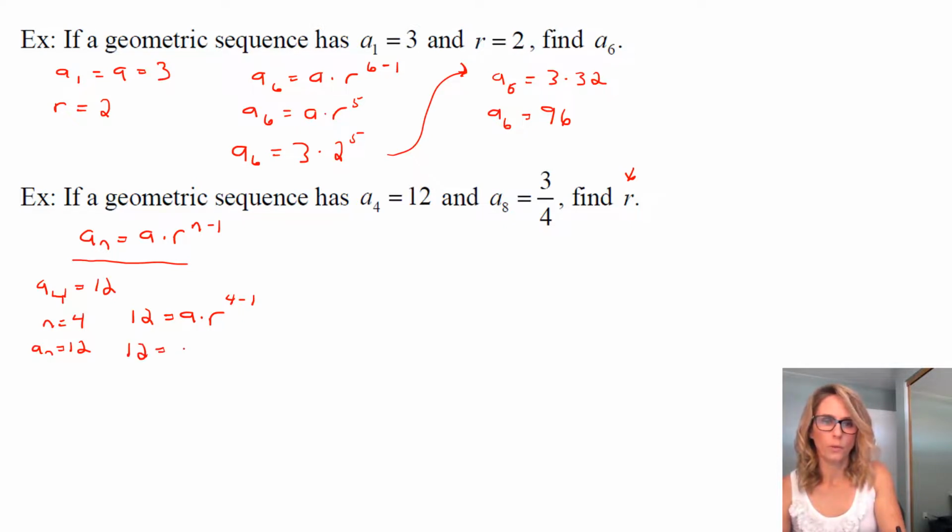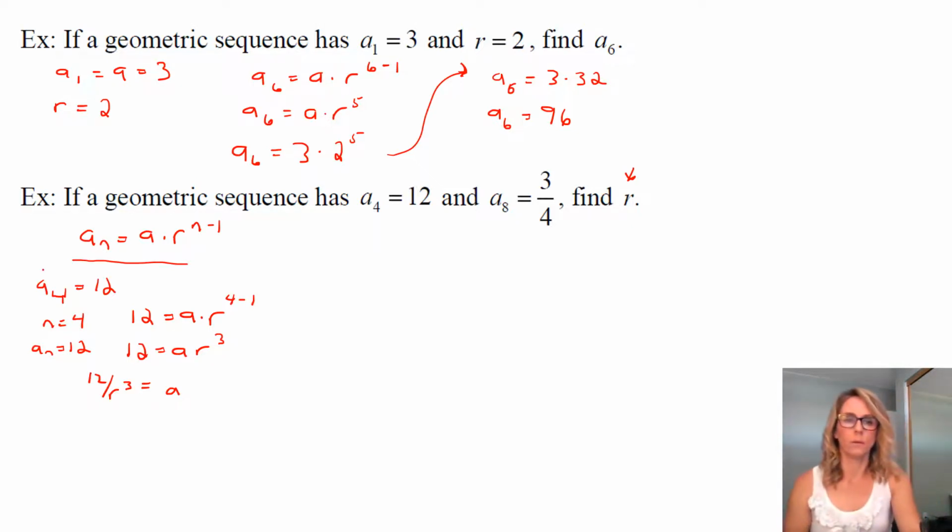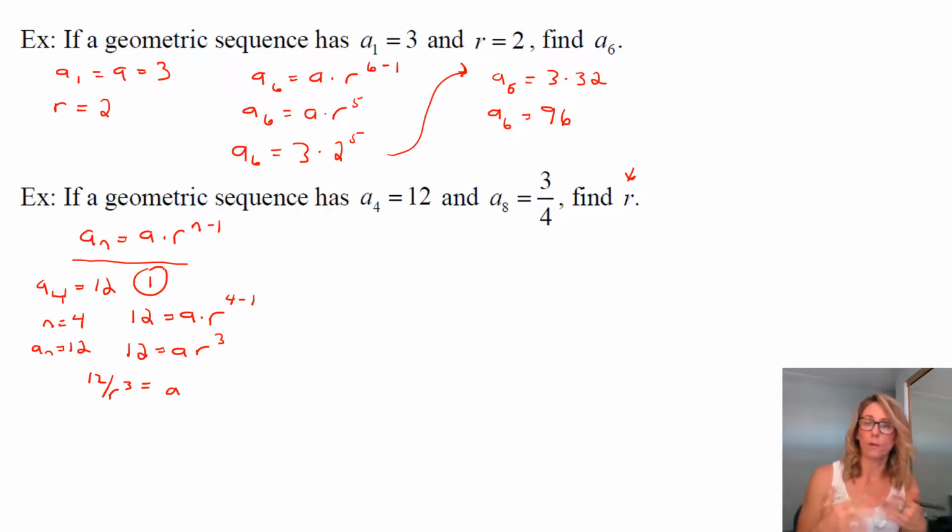So 12 equals ar cubed. Okay, now the reason that helps us is because I can solve it for a. So a equals 12 over r cubed. But like I said, this is one equation here, but notice it has two variables. If we want to solve for a variable, which we do, we want to solve for r, we need two